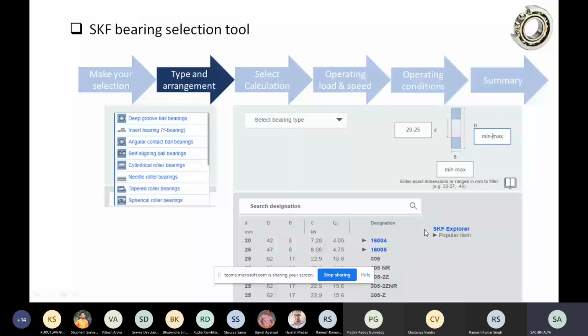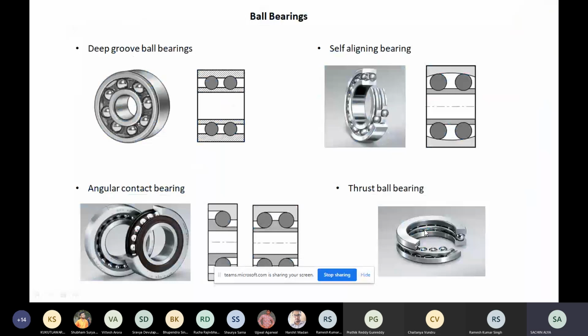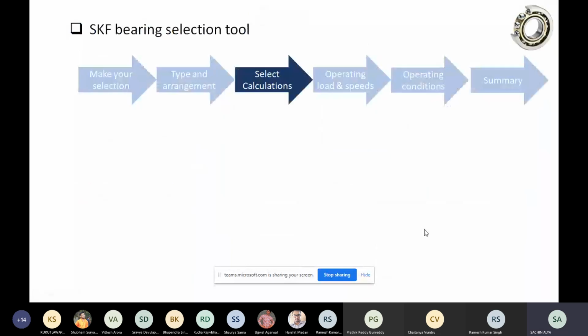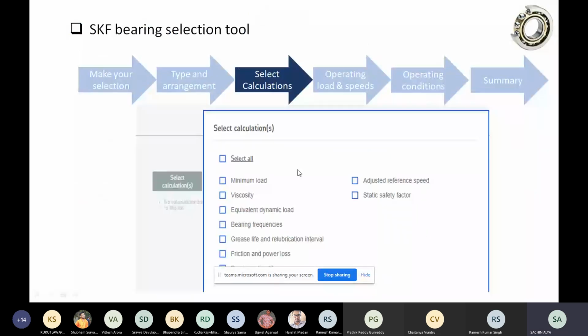Then after selecting the particular bearing which fits our dimensional constraint, we can go for the calculations. The tool automatically calculates everything.